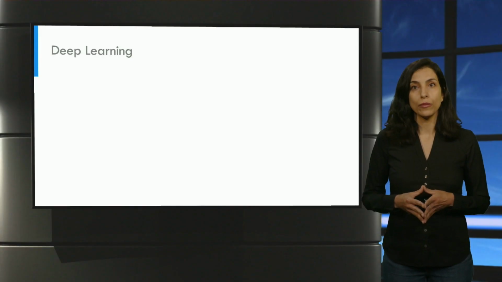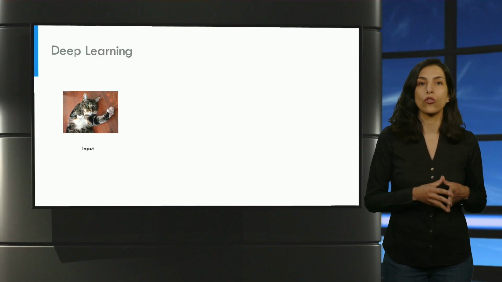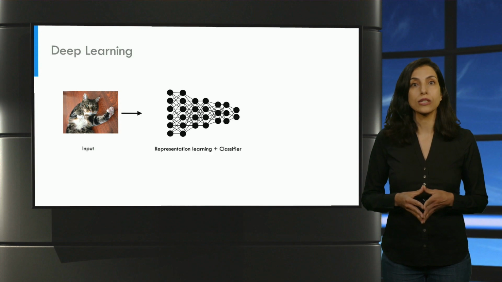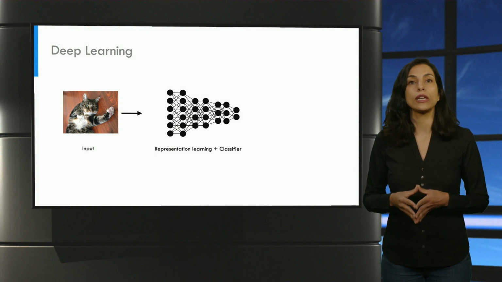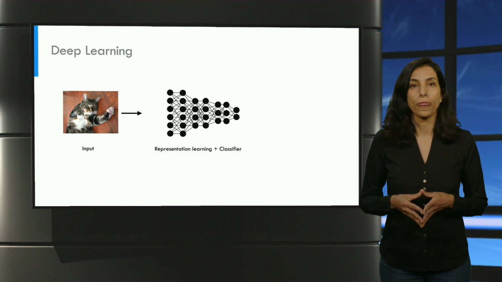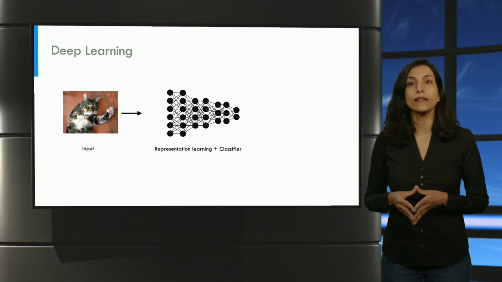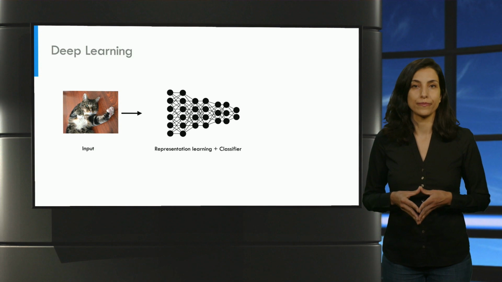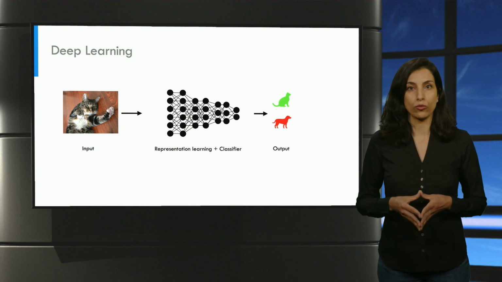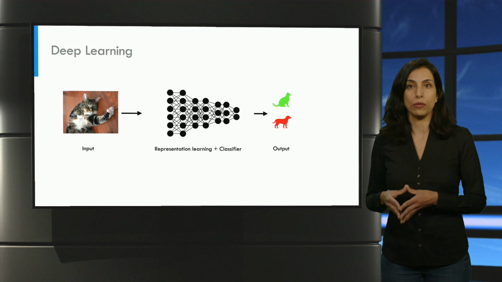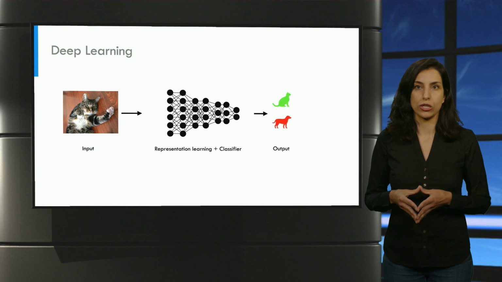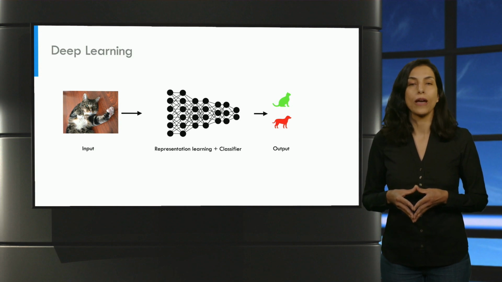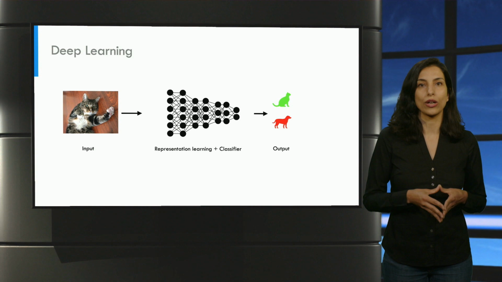In inference time, the input image is given to a neural network, where the hidden layers in the deep neural network transform the image into hierarchy of features commonly referred to as representation learning. The classifier layer at the end outputs the class label. The artificial neural network in between input images and output class labels is trained on a large dataset of images with labels in supervised manner. In our example, cat and dog images.